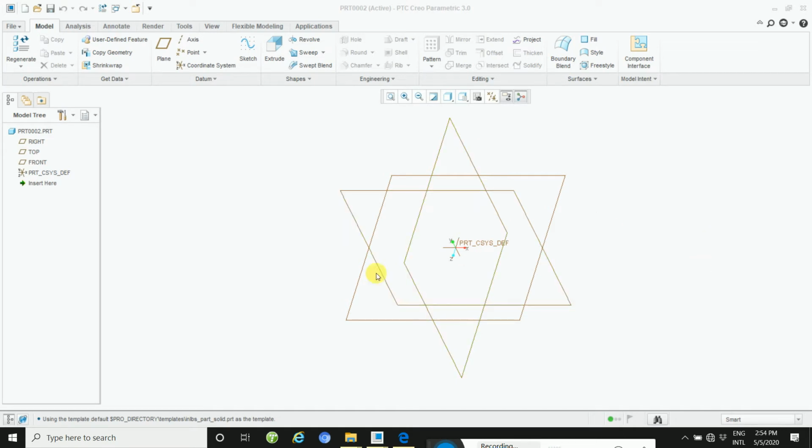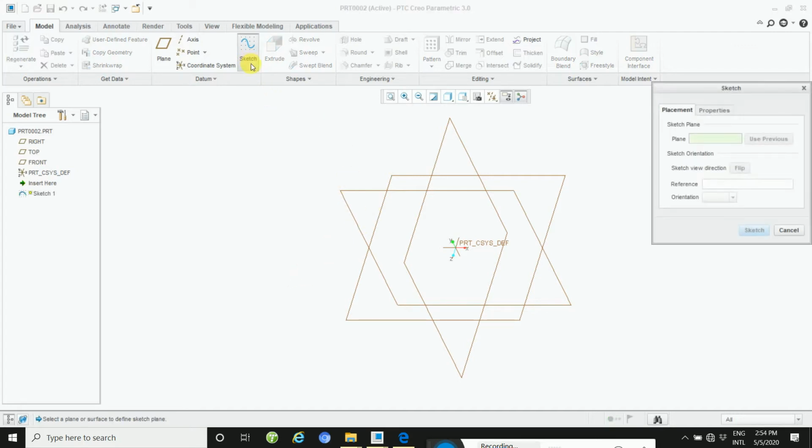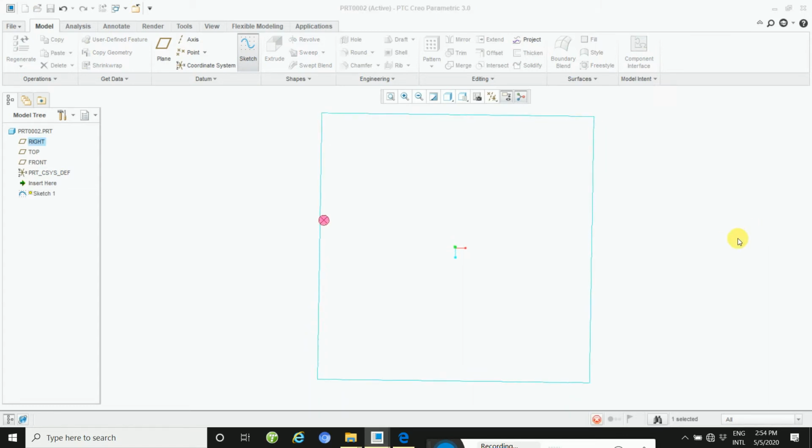By default this part name. After that new window will be open. This is the new window and let's start. After clicking on the sketch, select the plane, then sketch.